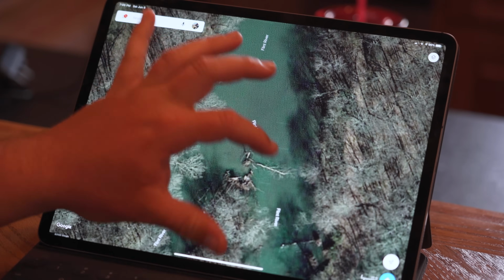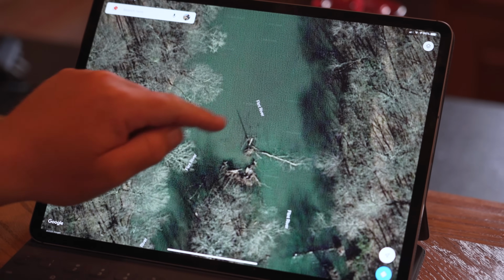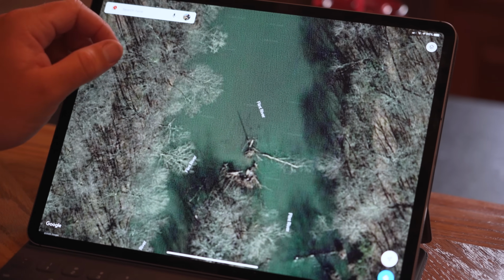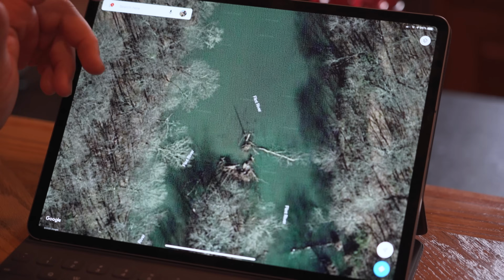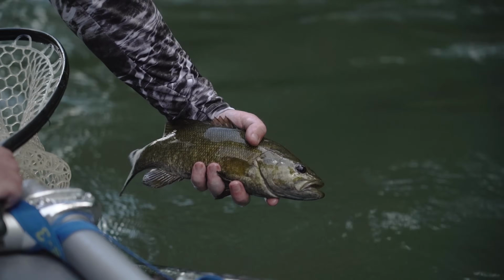I like to see some trees down in the water, and obviously it looks like we've got some stumps and things around here. Definitely seeing things like this is a pretty good indication that this is going to be a good smallmouth float. Yeah. So once you've found the spot, it is very difficult from satellite view or Google Maps to